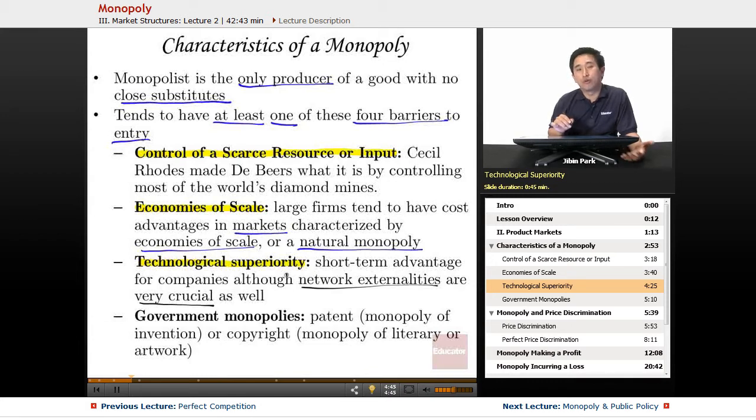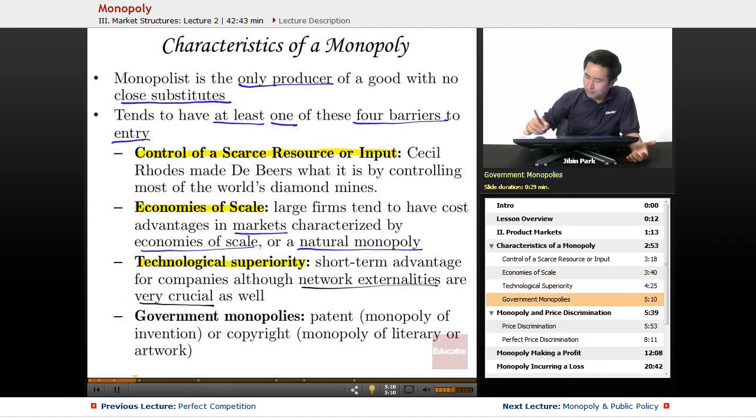However, as more and more users started using Microsoft, it's actually network externalities that caused Microsoft to become what it is today. So it's not necessarily a long-term advantage for technological superiority, but it definitely does help for a firm to have technological superiority in order to have a monopoly. And the last type of monopoly is actually a government monopoly, and this one is fairly